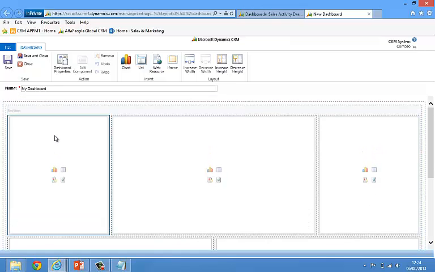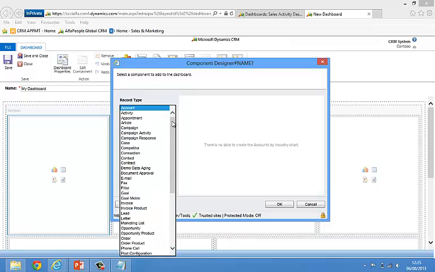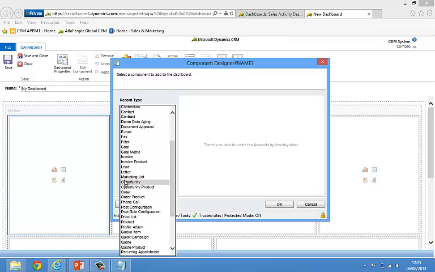Now to populate these different sections, I can either use, very similar to PowerPoint, the areas in the middle here, so insert chart here, or if I've highlighted the particular section, I can use the insert in the ribbon, but I'll just click on the section itself and choose insert chart. And now I click on insert chart. What I first want to do is choose the entity that I want to choose a chart from. So again, as before, I will choose opportunity,